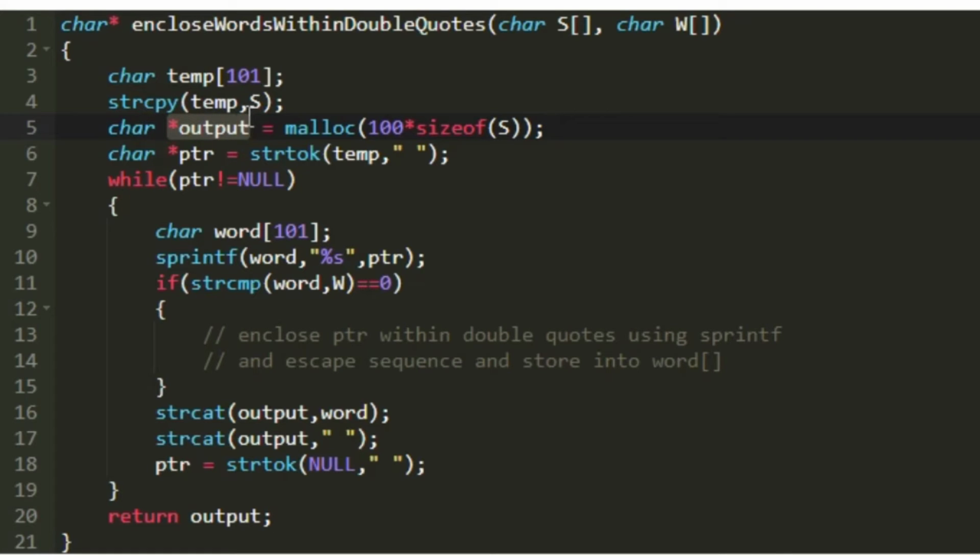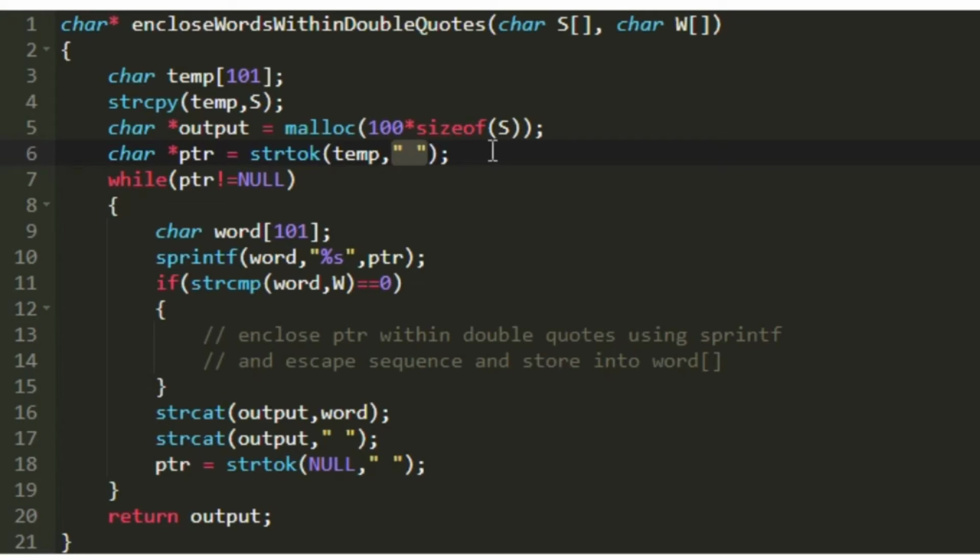This is how we are creating our output pointer, and now we have to split the input string S based upon spaces. So I am creating a new character pointer named ptr, and I am going to apply the strtok function. This strtok function splits the string based upon the arguments which we are passing. Within the strtok function we are passing the temporary character array and a space.